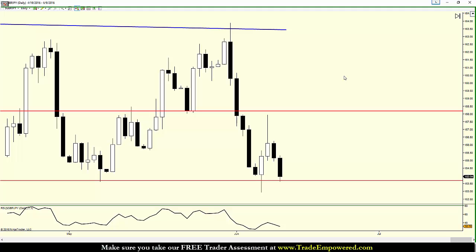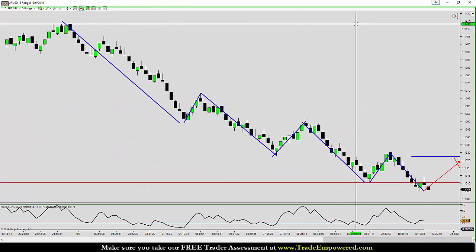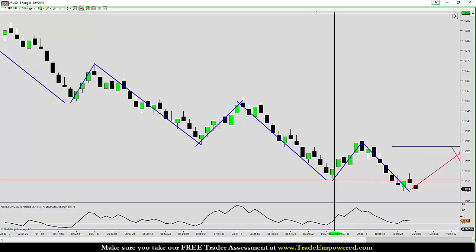Yeah, Euro's still pushing down. It's only giving us shallow retracements. That's the issue. This is where, if you're a really aggressive trend continuation trader, like say you're only looking